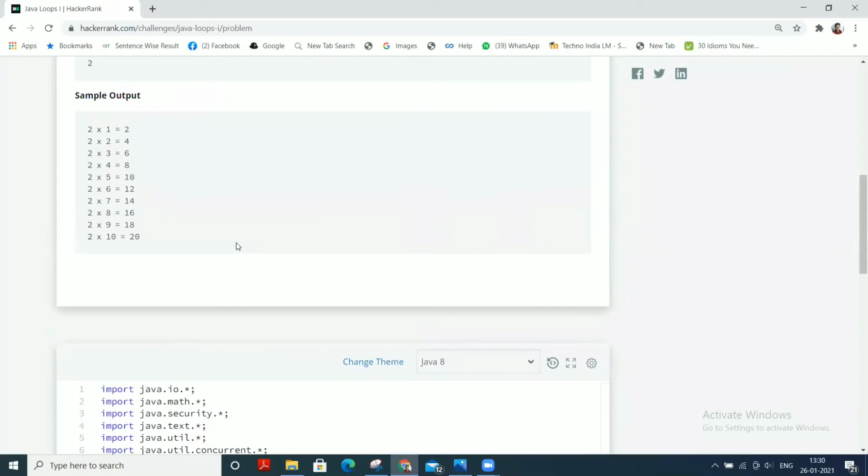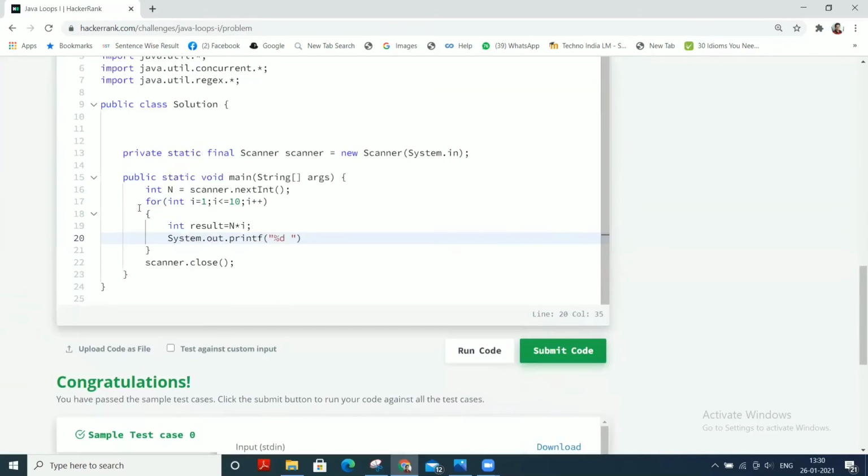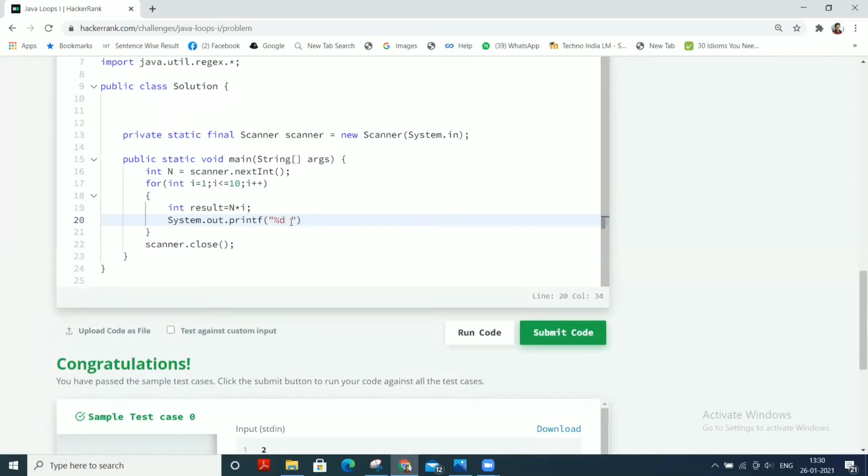Percent %d is to provide n, and then this multiplication sign we have to provide. So I copy it and then paste it here.